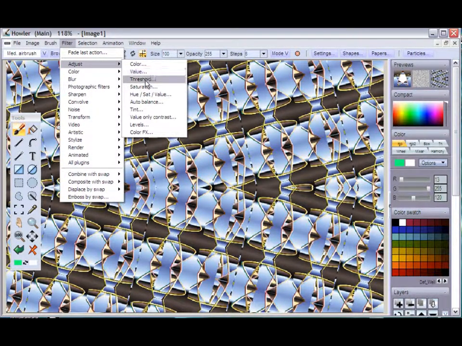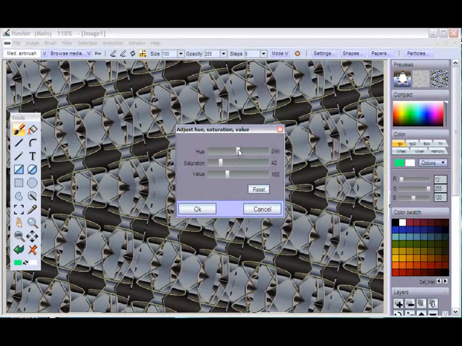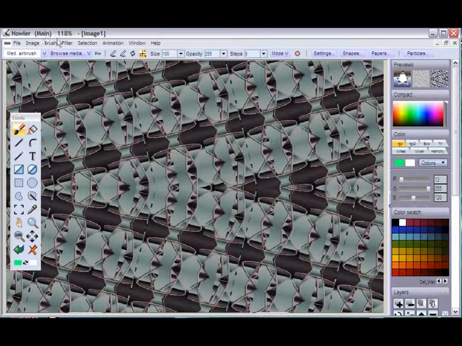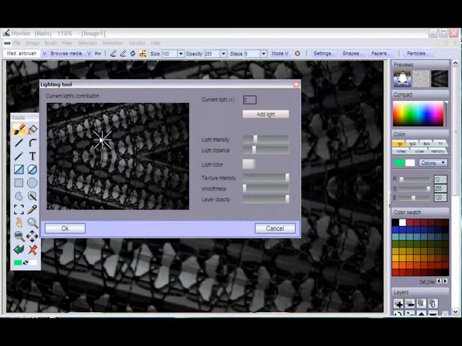Let's go to adjust the value or hue saturation value, all of these, and saturation down a little bit. The value as well. The hue perhaps a little bit more on the bluish side. There you go. Alright, and then what I'll do is I'll use my stylize lighting tool to put a little